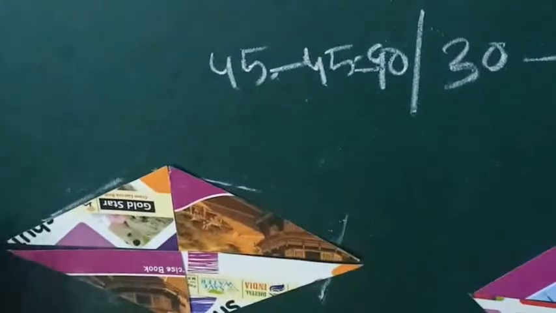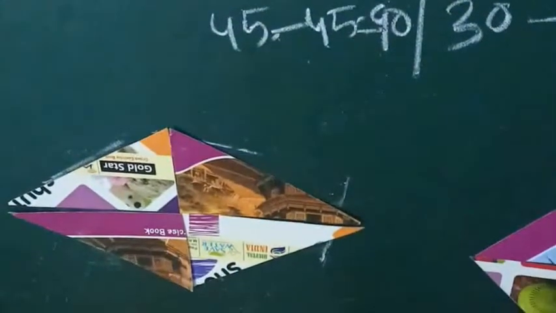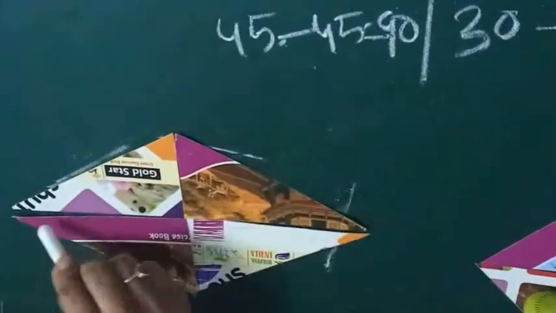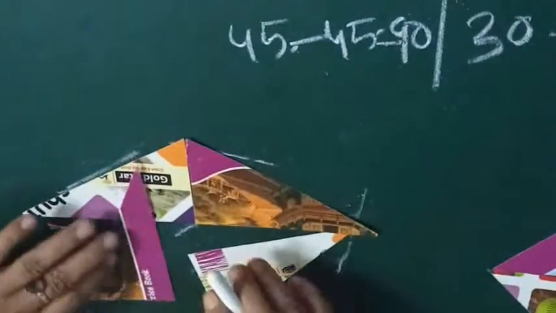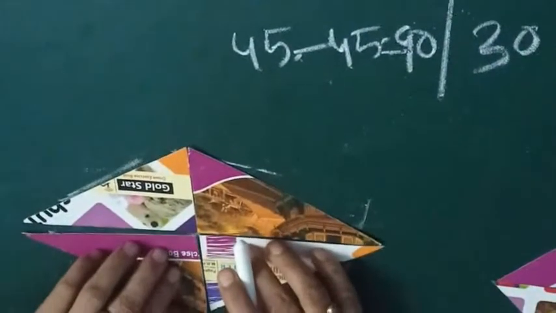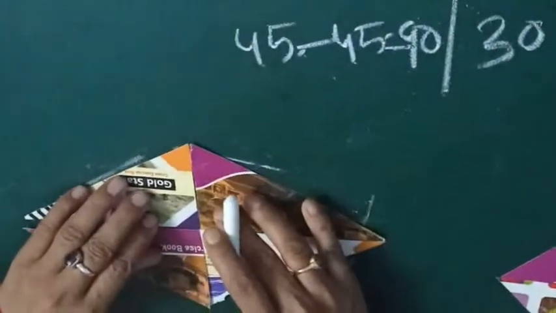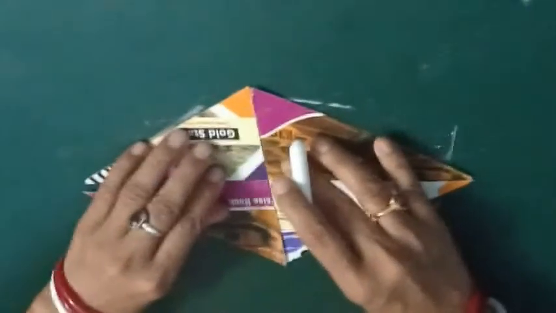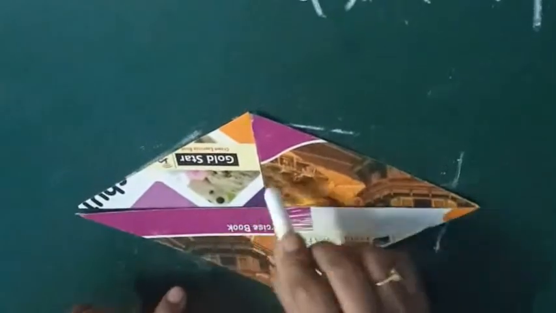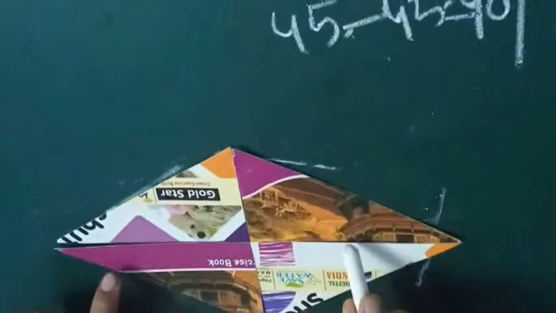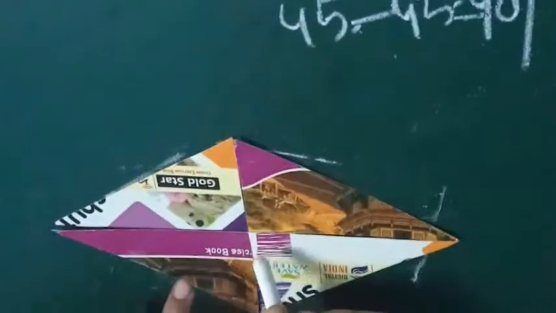And what more, have you noticed one more thing about the diagonals? See, the diagonals bisect each other at right angles. When I say this about the paper cutting, you can see over here, at this place they perpendicularly bisect each other. So what shape have you got?